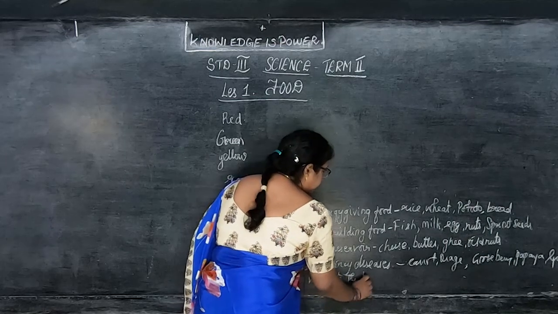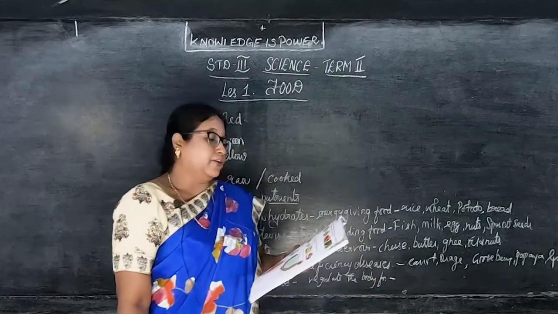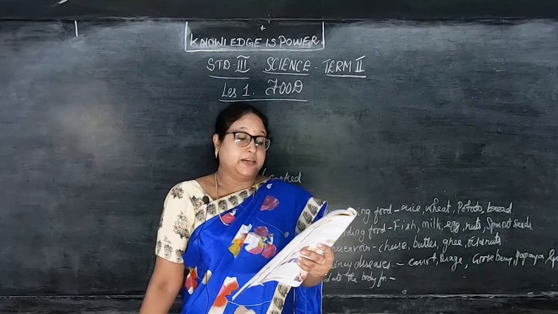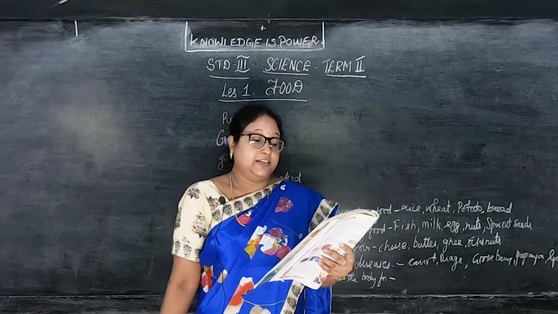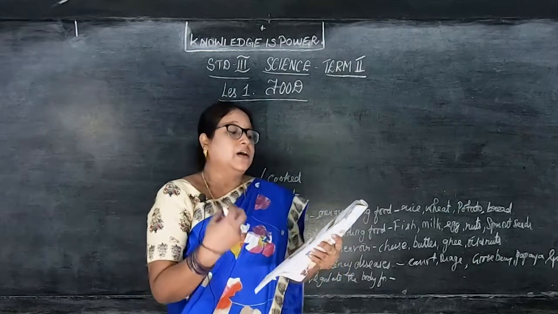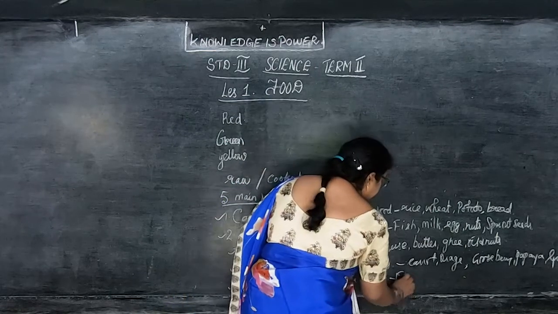Regulate the body function. Okay, children. Then for example, you can see fig, pear, garlic, then banana and apple. So these are the examples for this. If you take these food for that, you can get minerals in your body like fig, pear,